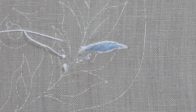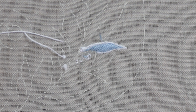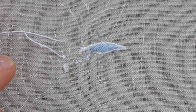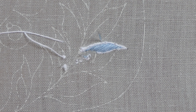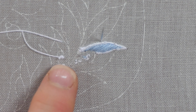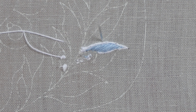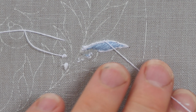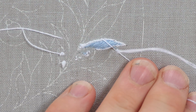It's a beautiful thread to use, however, it's got a gorgeous sheen to it, and it's got its own natural texture, which is quite different to anything else and really suits this project. And of course it was the thread used in the original bedspread from which the inspiration for this piece came. So when we come to the satin, we've cast on in the normal way with a waist knot and 2 little cast on stitches in an area that's going to be covered by following satin stitch. I'm going to lay my first stitch in, which is in a contrasting angle to the original satin stitch, so at 45 degrees to the shape,